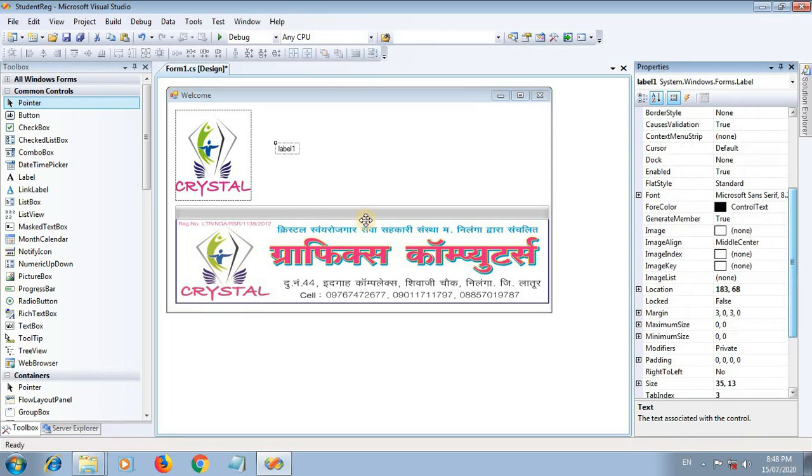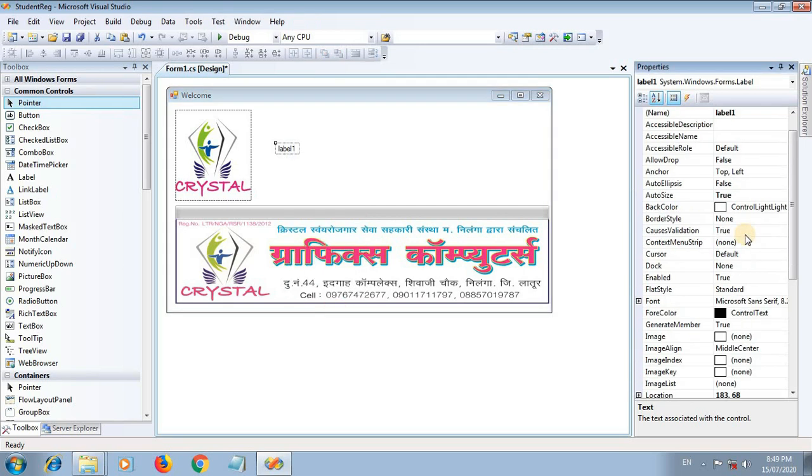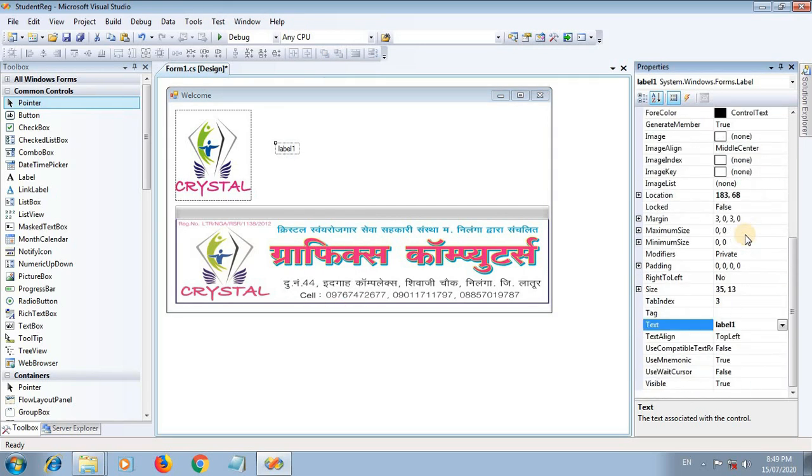After dragging label 1, right click on the label and go to the properties, and in the properties window change the properties of the label. The first property is the text property, where I am providing some information to the user.